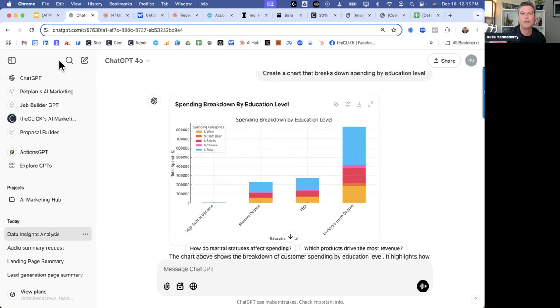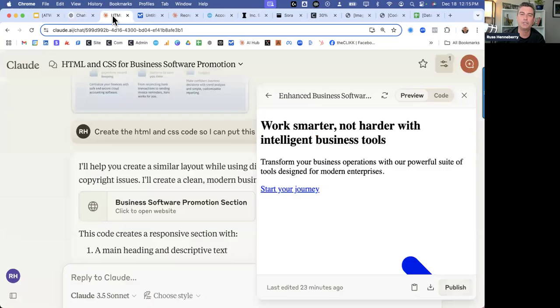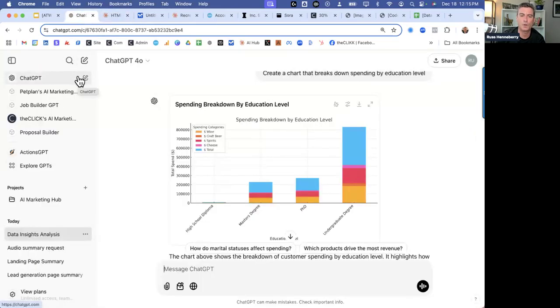Where I see its possibilities going, I think is going to be an extremely important development. But I might have Claude create the content initially and then copy it and paste it over here and put it into a canvas and work with it.